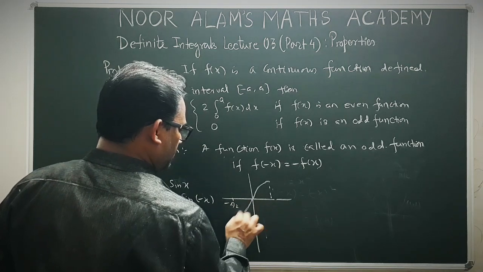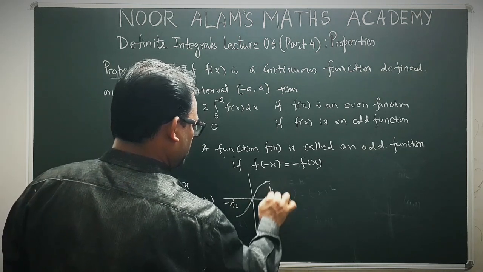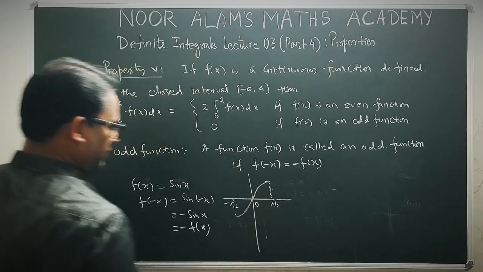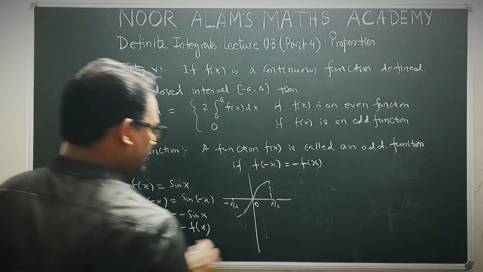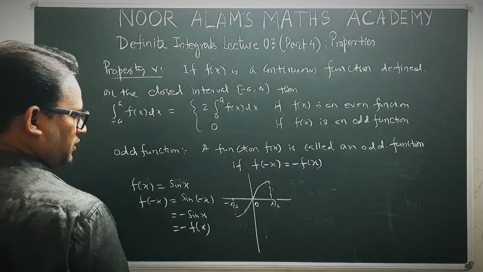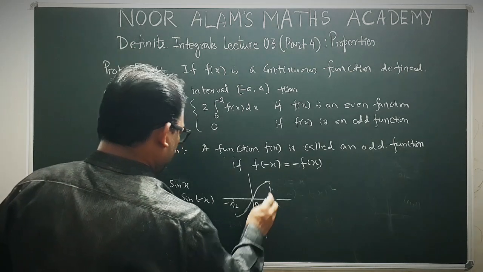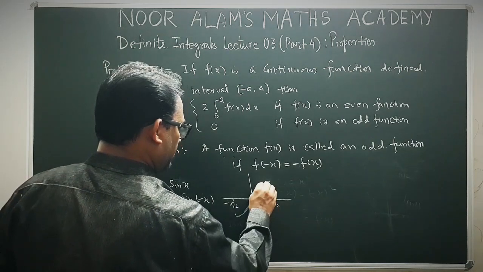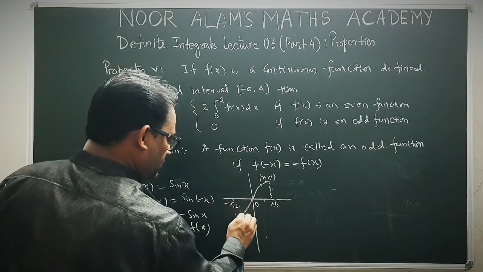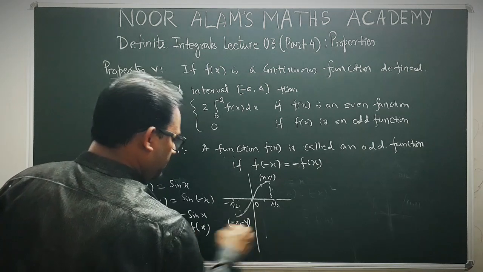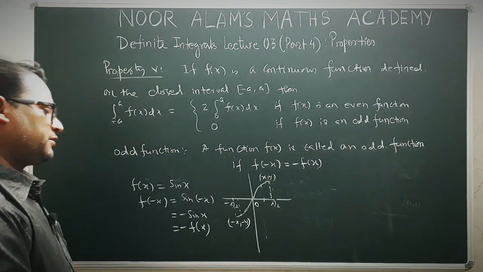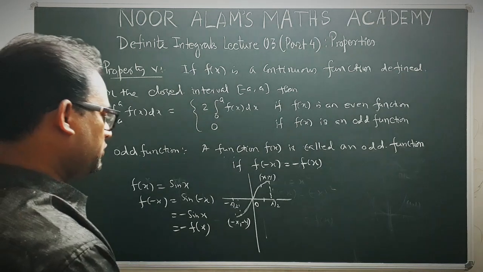Okay, now this is the sine curve from minus pi by 2 to plus pi by 2. What we observe is that this curve is symmetric with respect to the origin, or you can say that an odd function is symmetric in opposite quadrants. If you take any point x comma y on this curve, then minus x comma minus y is also on the curve. So every odd function must be symmetric with respect to the origin, or in the opposite quadrant.